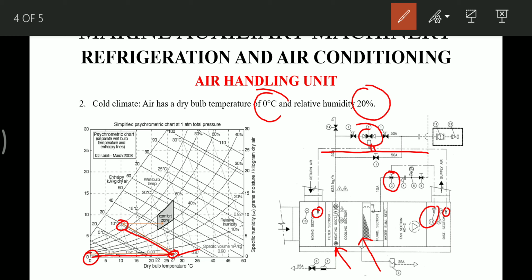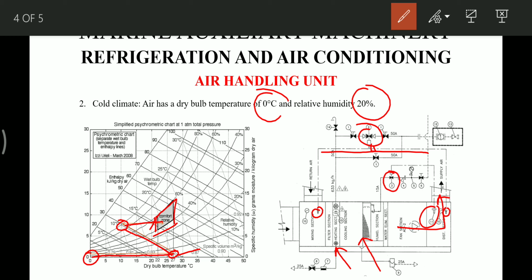So again, after it has reached 12 degrees Celsius and 100% relative humidity, it is sent into the system, into the accommodation, and while going in the ducts, it takes the surrounding heat, and again it reaches the comfortable zone when it reaches the cabins or the space which needs to be conditioned. So again it is reaching the comfortable zone, which is at 24 degrees Celsius and 50% relative humidity. So this is how it operates in winter conditions.